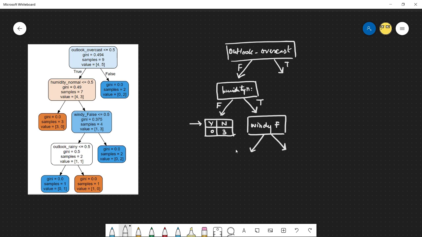windy false, again, less than 0.5, meaning this is going to be the 0th. What happens when windy false was 0, which means this is false again, this is true, and you're going to have outlook rainy again. Outlook rainy. So the outlook is sort of scattered here. Outlook overcast in the beginning as a root node, and then outlook rainy all the way down here. And that is being further split into your final